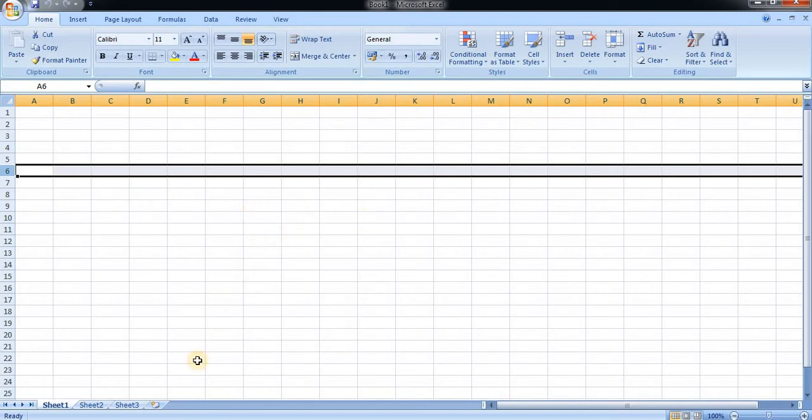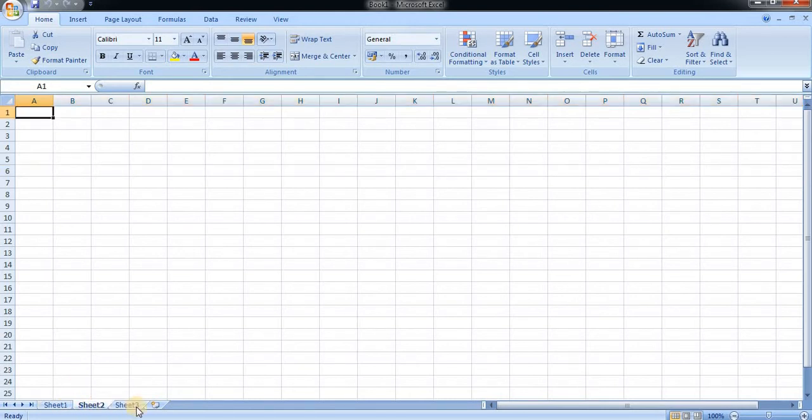Now coming on to the bottom side of this workbook, you can see different sheets. Right now we are in sheet number 1, then there are sheet number 2 and sheet number 3, and you can also add any number of sheets. A button has been given here for adding a sheet, or as the shortcut for adding a new sheet, you can just press Shift plus F11, and you will get a new sheet to work on. So this was some basics of adding a sheet.